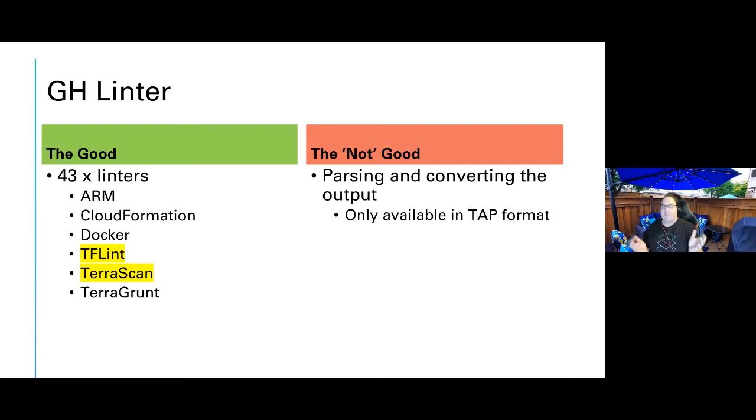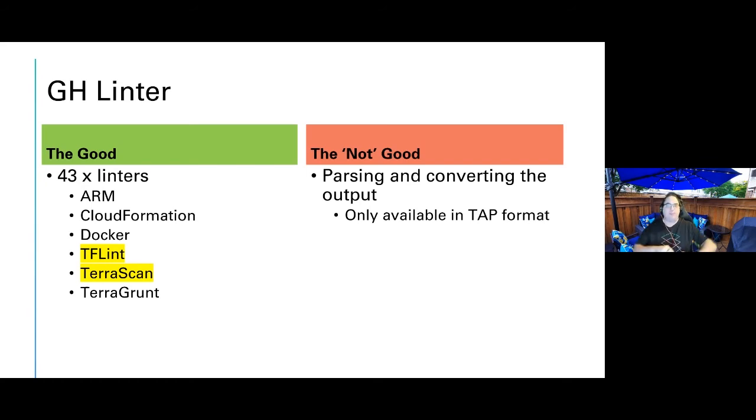So you run GitHub Super Linter and you get linting for literally everything. Obviously, I don't have an exhaustive list here on the screen, but you can either say, hey, run all 43, or just run these 2, these 3, whatever you want to do, subjective to what your environment is, what code you're scanning, and what you're targeting, right? Now, the third one that I don't have an example for is Terragrunt. If you're familiar with that, it can also lint those files too.